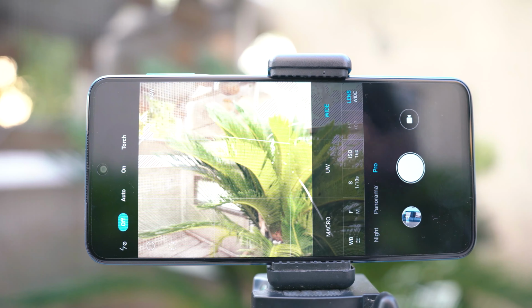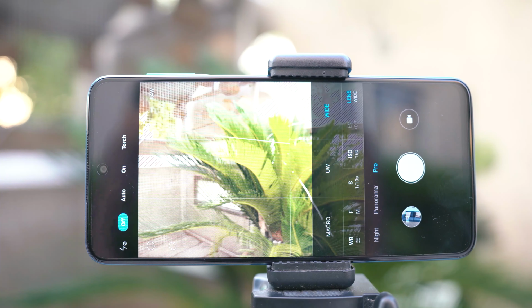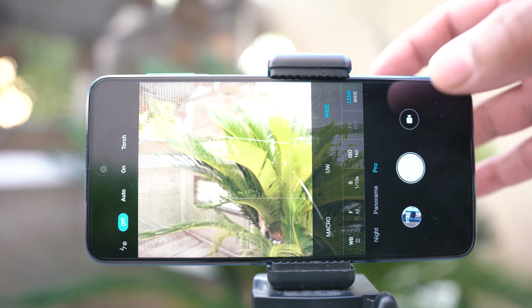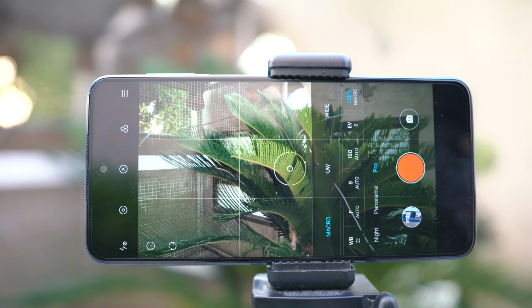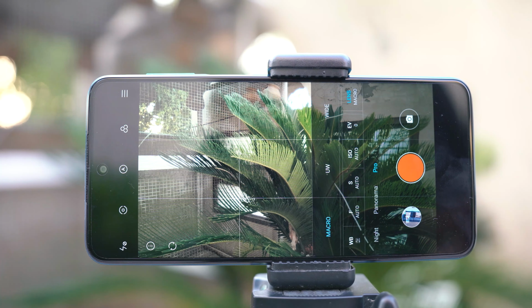Let's move on to my favorite part of the Redmi Note 9S camera, and that is the video pro mode. Yes, you heard that right, this phone can capture videos in the pro mode. You can actually change the ISO, the shutter speed, and the focus in the video mode of the Redmi Note 9S. I believe this is the very first phone in this category to have this option. Now when you will click on the video icon, it will switch to the video pro mode. You can see that the camera frame has also changed, and in the video pro mode, you can once again select all the lenses.